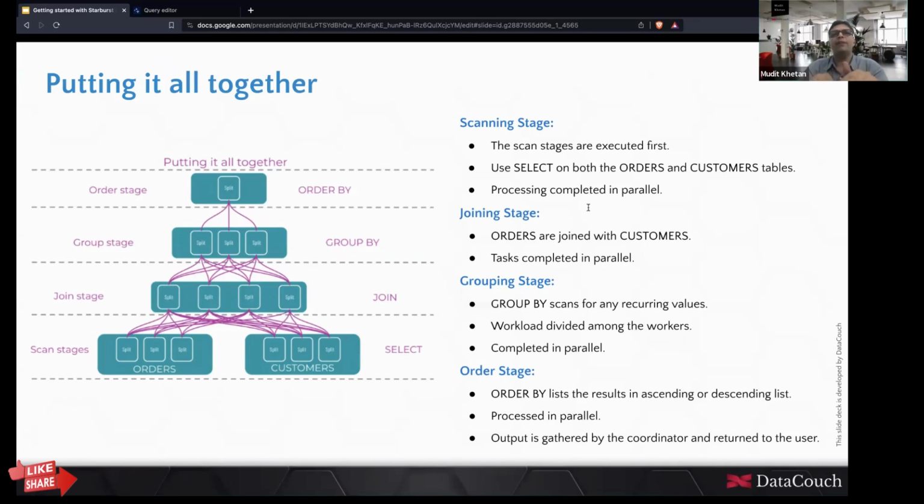And if there is any predicate that needs to be applied, for example, a where clause or a having clause, then it is going to pare down the data that is being transferred from one stage to another. So for example, in the scan stage itself, if we have a where clause and this predicate is pushed down, instead of applying the predicate at the top stage or somewhere in the middle, if that particular predicate is applied at the bottom of the stage, then automatically it is going to optimize your query.